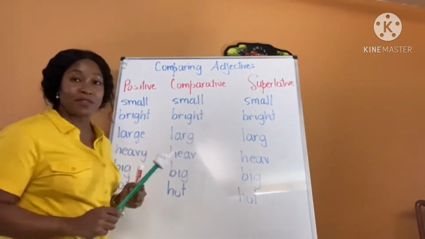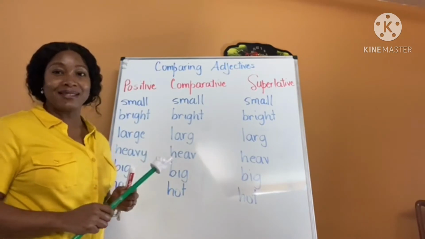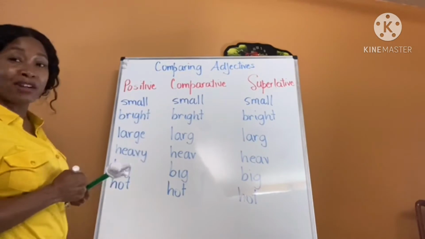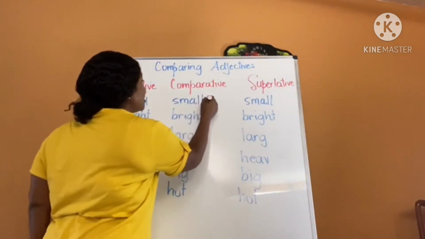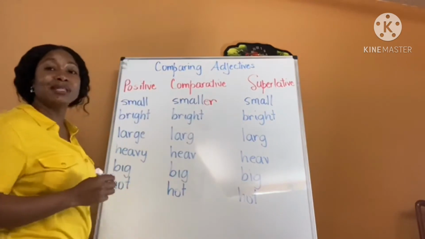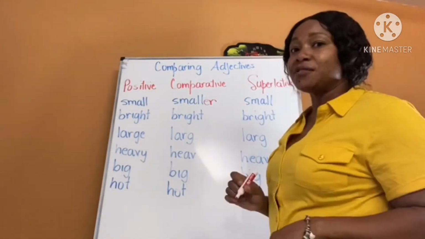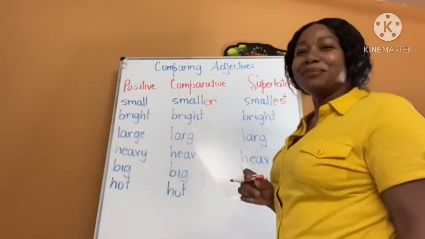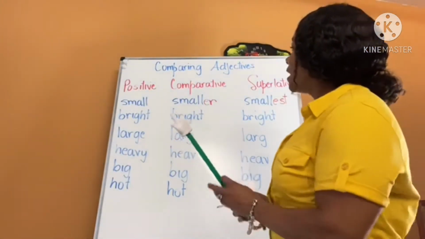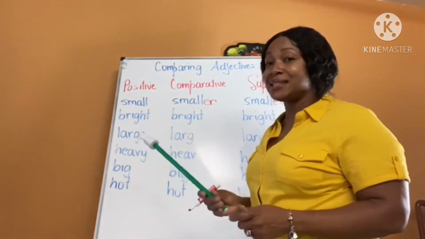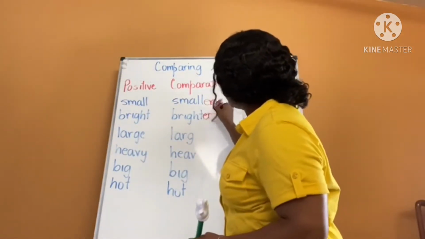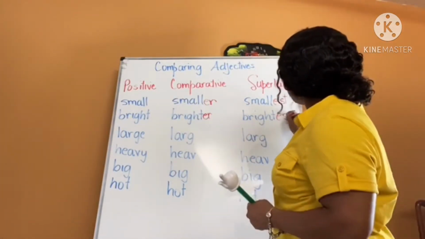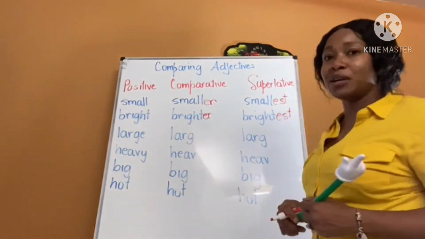and the superlative degree by simply adding an est. In the case of small, for the comparative degree, we simply add er and it becomes smaller. For the superlative degree, we simply add est and it becomes smallest. In the case of bright, it's the same. We add er for the comparative and it becomes brighter, and we add est for the superlative and it becomes